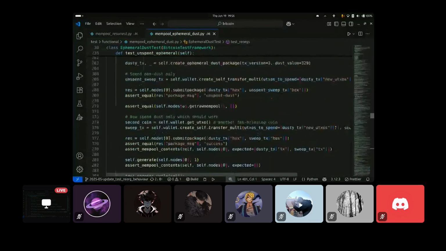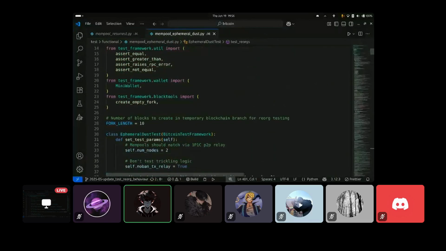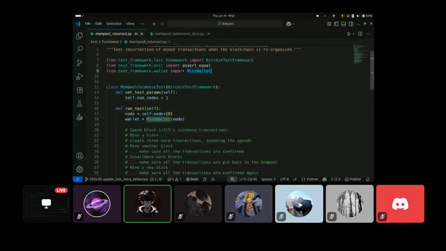we'll just simply match this behavior with the mempool reorg test, because this test has been reviewed. Okay, so I feel confident matching similar behavior with this test. So first we'll just take this fork length,